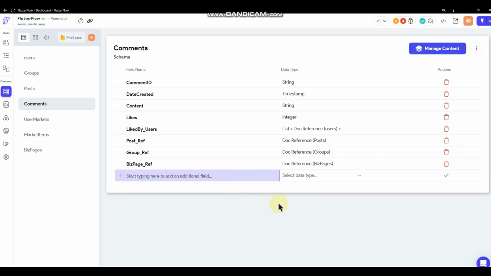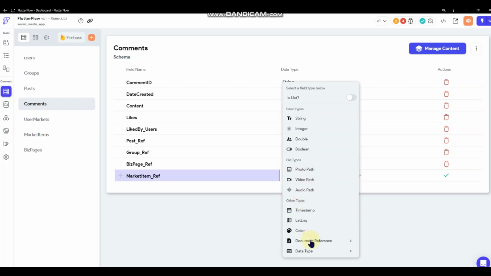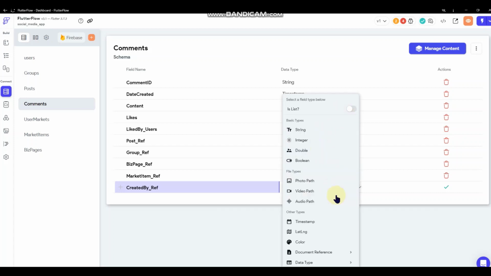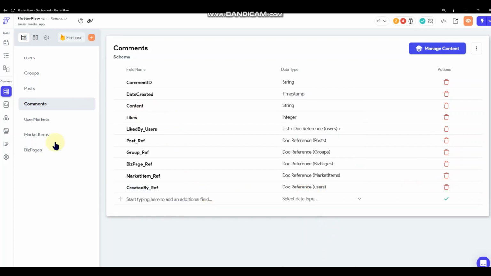And we'll do market item reference. We may or may not use that, but we'll go ahead and have it in there. Okay. All right. And then we need created by reference, the user who made the comment. Okay. So that's good for comments for now.